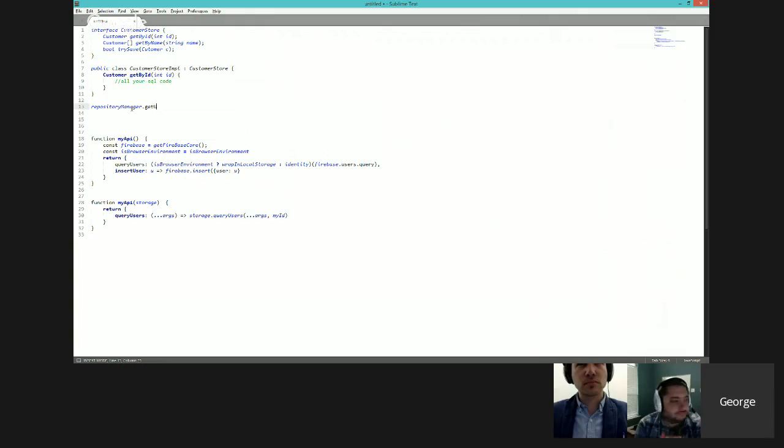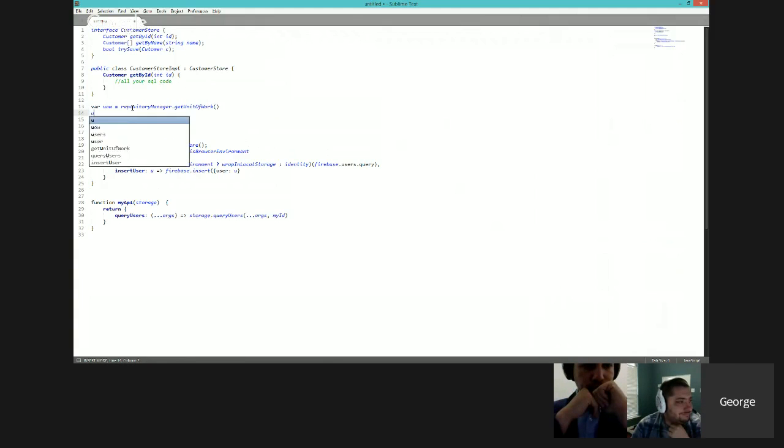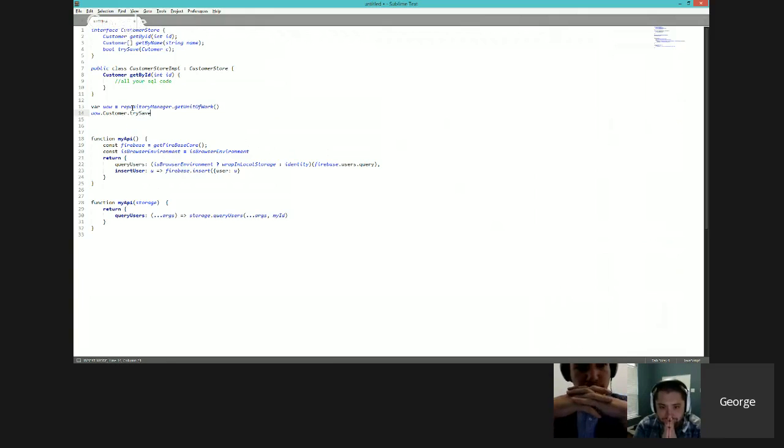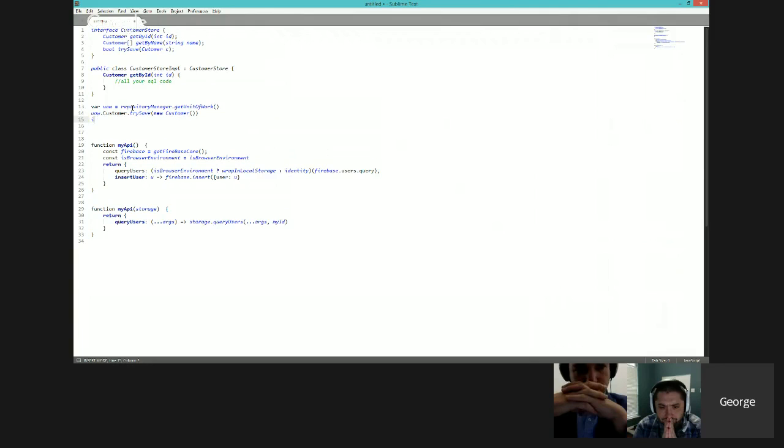Yeah, and you'd do get unit of work, and then var UOW, and then UOW dot customer dot try save new customer, UOW dot orders. What happens when try save fails? Yeah. If not, do something.